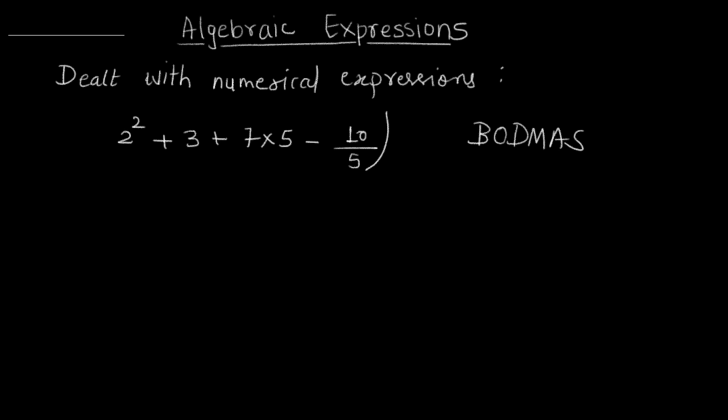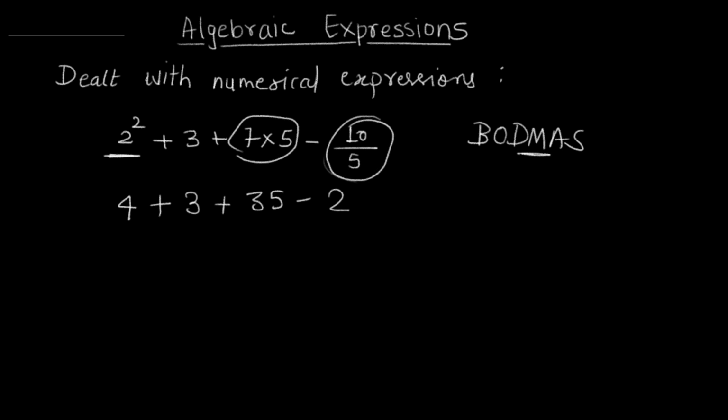So first thing that we solve here is the power of this number, so that we get 4. And then division, there is a division here. So next thing that we solve is 4 plus 3 plus 7 into 5, 35, then this and this. Okay, so we have solved these two individually and written here, and the next step would be to add and subtract all of these things. Answer to this is 40. Okay, so if I give you something like this, you can easily simplify it into 40 here.